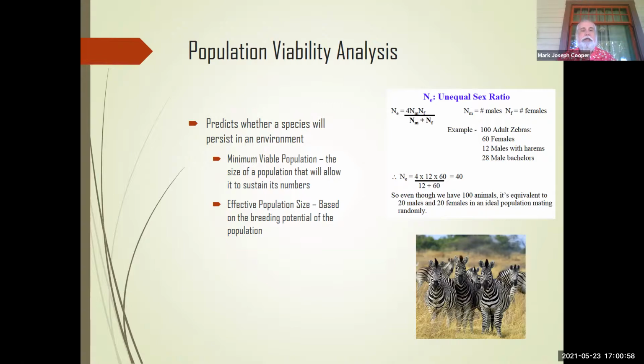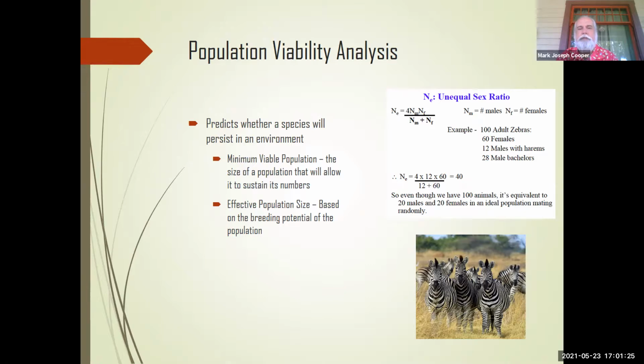That's the size of the population that will allow it to sustain its numbers. And then we have effective population size based on the breeding potential. So the top one is you're just looking at numbers, and the bottom one is you're really looking at who's breeding and their potential. So the equation I have on the right, I will never make you memorize it or calculate it,